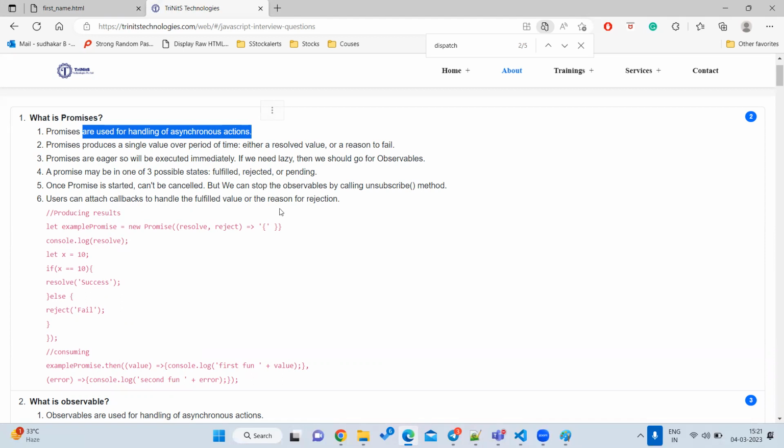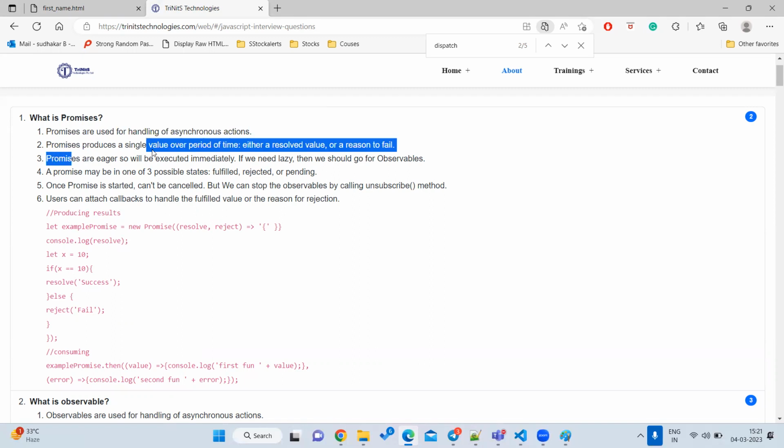So these promises are used for what purpose? Asynchronous actions. Asynchronous action means sending a request to the server, getting the data, and those things we call asynchronous. And promises produce a single value over time. It will return only one value for the entire period.